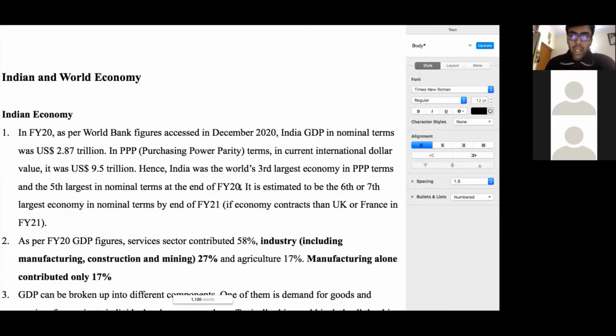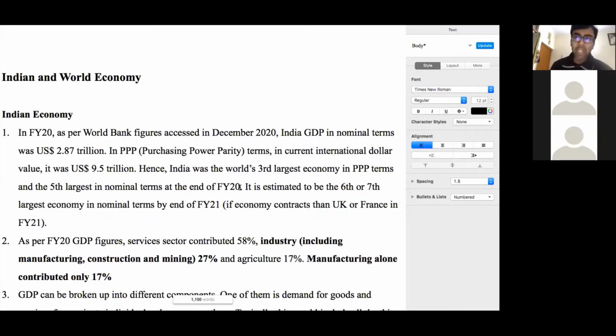And currently UK and France are very close to India, but they are just marginally ahead of India at number 5 and number 6. And it is estimated that by the end of this financial year, that is by the end of 2021 financial year, India will be at number 7. But there are a lot of uncertainties right now because of the pandemic situation in different countries, how it is evolving and how it is eventually going to impact the final figures of GDP for this financial year. It's all very hazy right now. There's no clarity whatsoever on that.